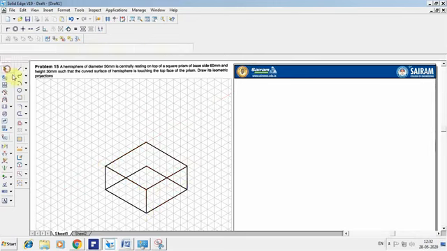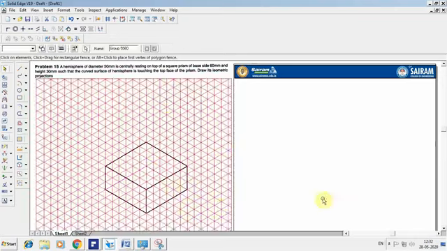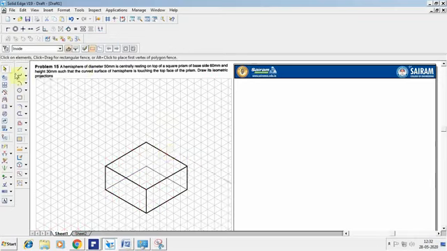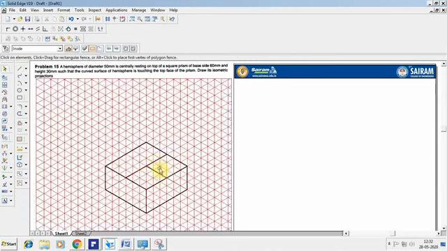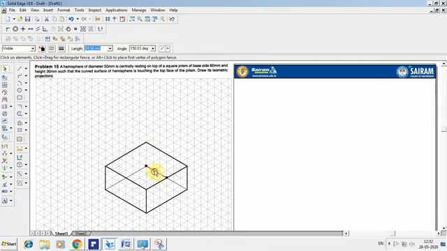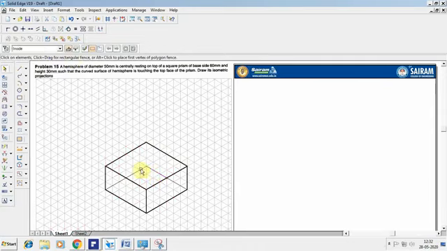Once you're done, for the lower face I want to reduce the thickness of the line so that it becomes an invisible edge. Now for the upper square face you have to find the center point. So go for finding the center, similarly from this side. Once you're done, remove this line, and this line I want to keep as a reference line that indicates the center point for the upper surface.